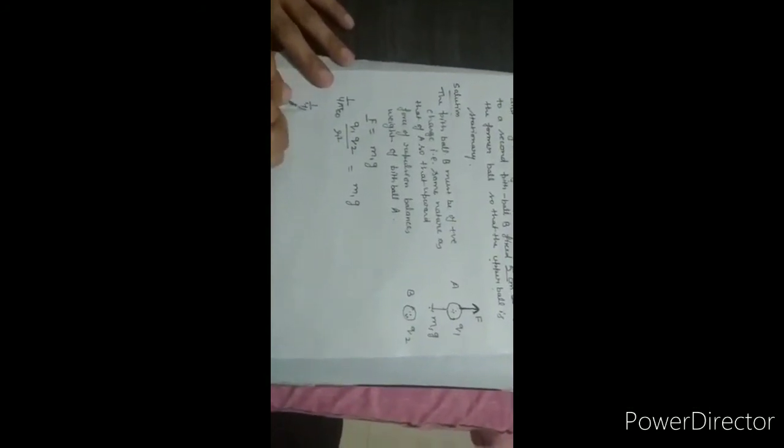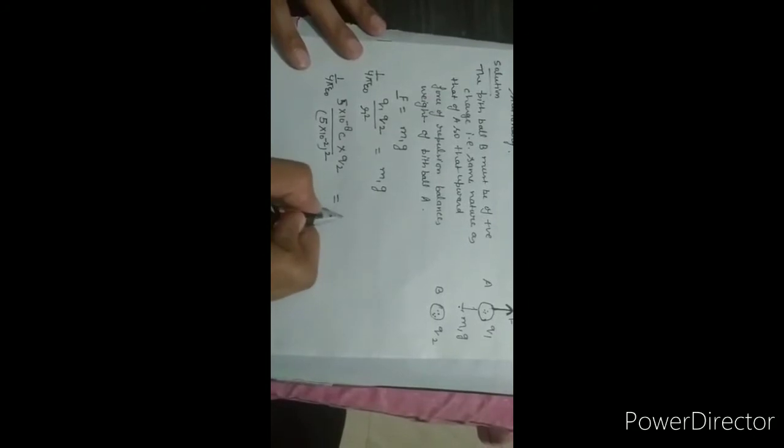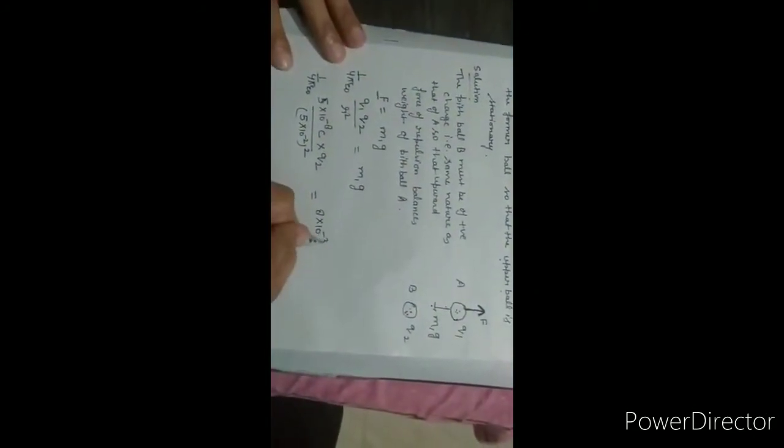Here we have 1/(4πε₀), q1 is 5 × 10^-8 C, q2 we have to find out. R is 5 centimeter, that is 5 × 10^-2 meter squared, and m1 is 8 gram, convert it into kilogram, g is 9.8,